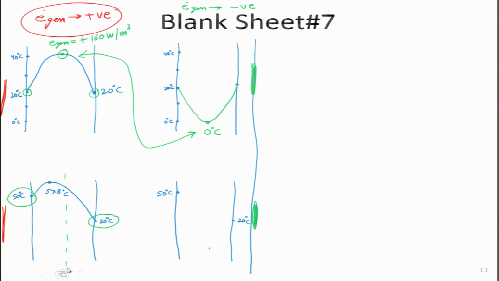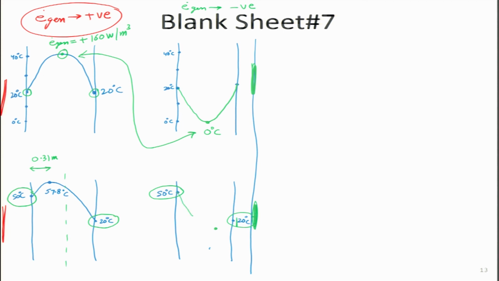The shape of the temperature profile still remains a parabola, but as we can see, it has now shifted towards the left. And if we recall, this distance we have also calculated, and it had turned out to be 0.31 meters approximately over here. So, if we try and see for the same case where the temperatures are not same, but negative energy generation is taking place, in this case we are expecting that there should be a dip in temperature, and we have done that calculation, and it looks like that dip will take place something like this.